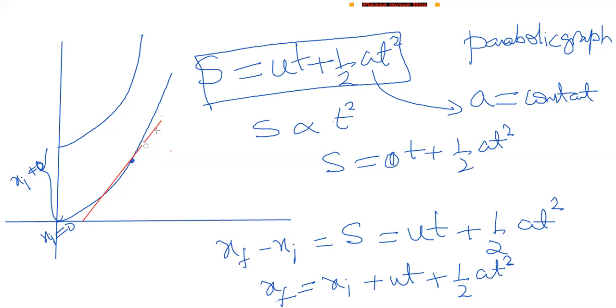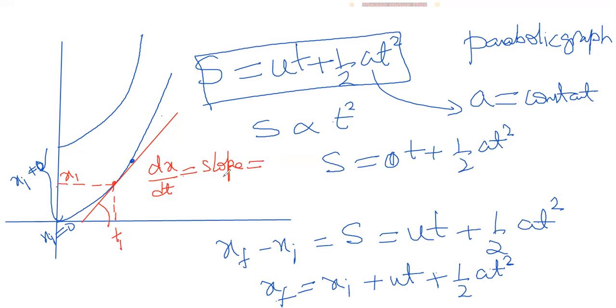You want to find the slope at a particular point, you have to draw a tangent at that particular point like this. For example, I will draw a tangent just touching one point. Now see, this is the point it is touching. So this is the tangent drawn at that particular point. So at that particular instant of time t1, it was traveling with a particular velocity. Since it is at a particular xi, that means dx by dt is the slope,